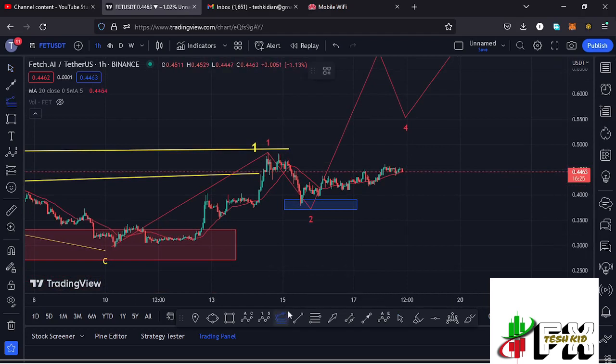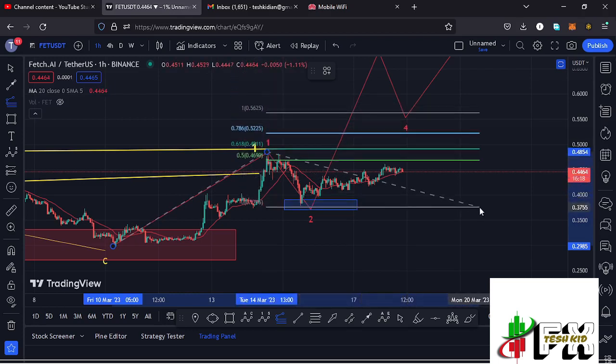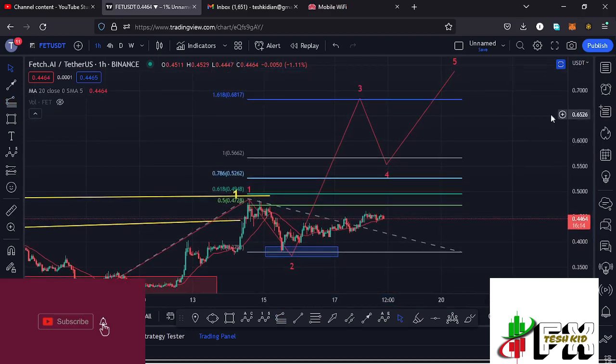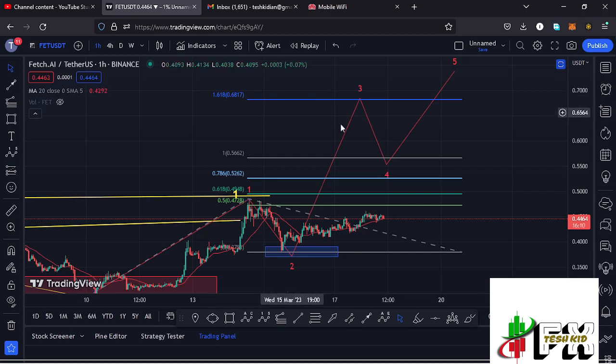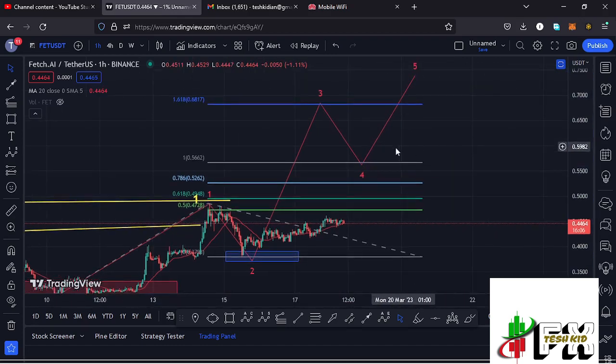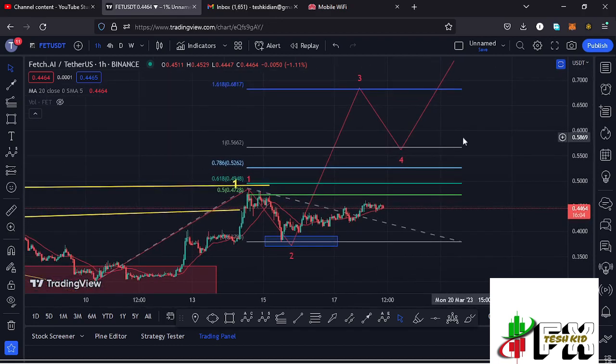by connecting the trend-based Fibonacci from the low of the first wave to the high of that wave 1, then dragging the fibs to the low of the second wave. That gives me a minimum target area in the formation of that wave 3 at the fib level 1.618, and that is at around the $0.6817 mark, and that is the minimum that I'm expecting that wave 3 to the upper side to do. And in the formation of that wave 3, I'm also expecting to see another 5-wave structure